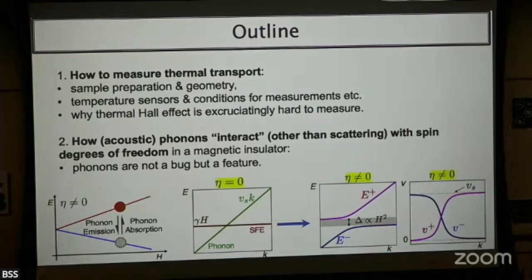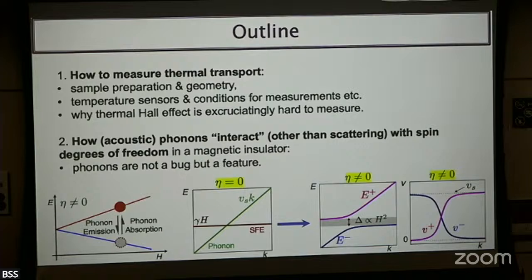It's nothing to do with magnetic ion talking to the next one, so there's no J. However, if they are actually interacting with the phonon, what happens is that at finite field you have a finite Zeeman gap, and then your phonon has the acoustic phonon. We are not worried about the optical phonon, just the acoustic phonon. And then they actually share the eigenstate, and then they hybridize.